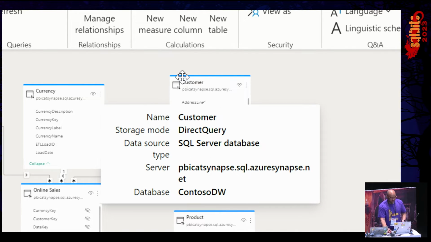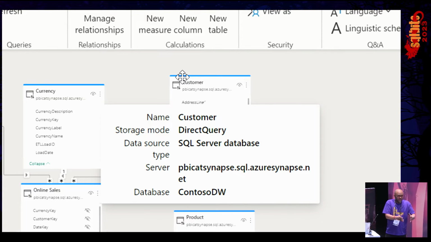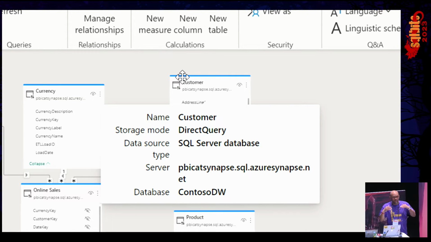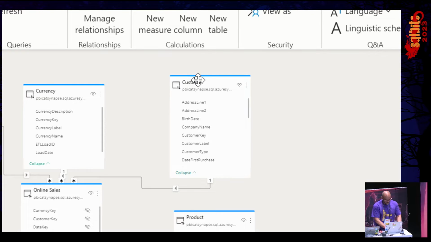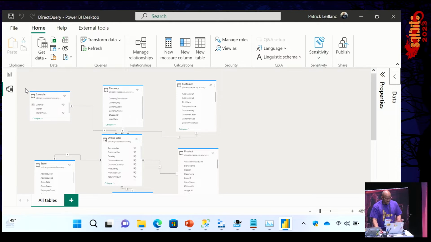Okay. And if I hover over it, it knows everything about the source. It knows completely everything about it. And so what it needs to do is, it says, hey, I'm going to generate this query, and then I'm going to use this information to send that query back to the source and provide the information for that visual. And so if I go here, this is going to be so fast, Adam.